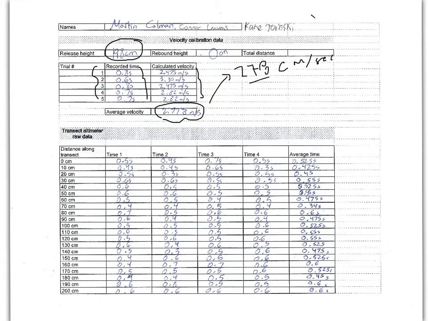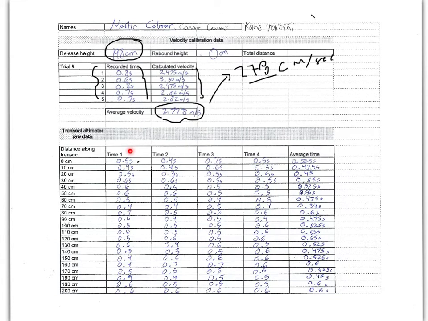So this average velocity can then be used with each one of these measured times. Again, they went through and dropped a ball from the profile line at the 0 centimeter point along the transect and measured 0.5 seconds for it to drop. Then at the 10 centimeter point along the transect, dropping the ball from the profile line rather than the poster strip line, they got a 0.4, and then at 20 they got 0.5, and then at 30, 0.6, and so forth